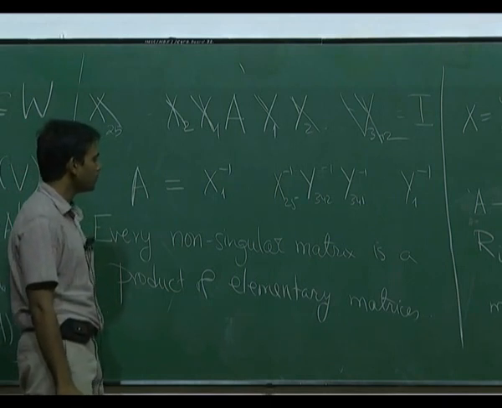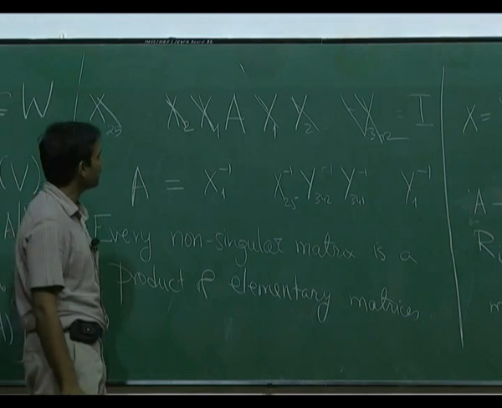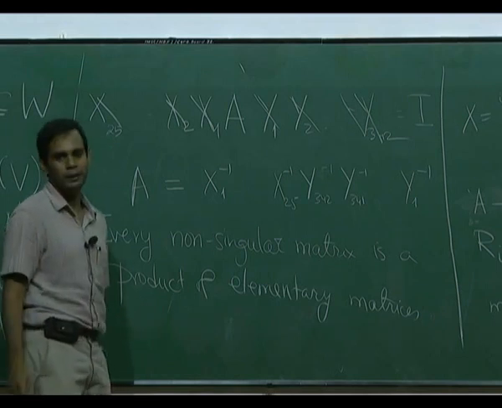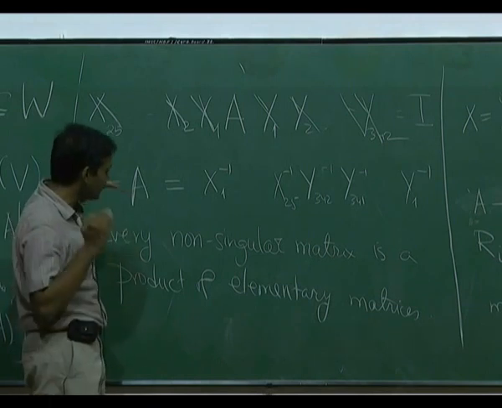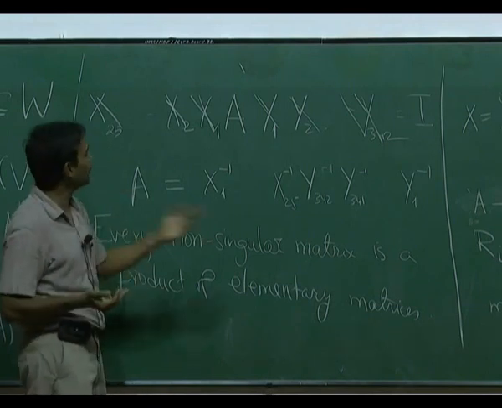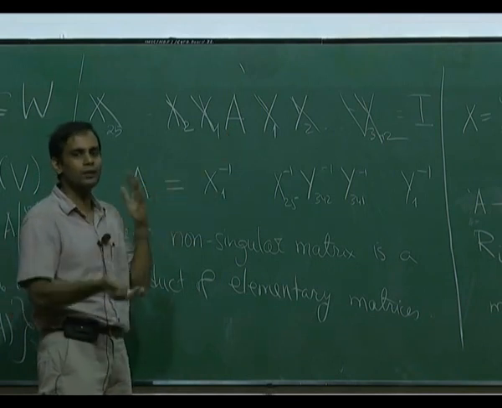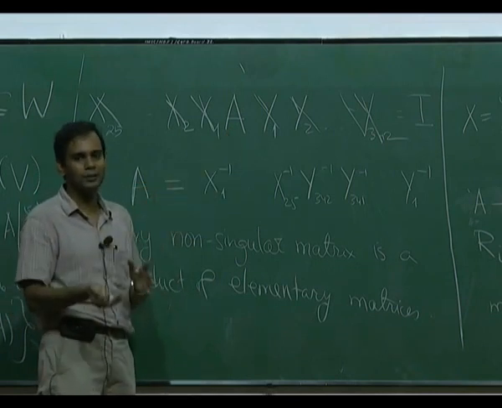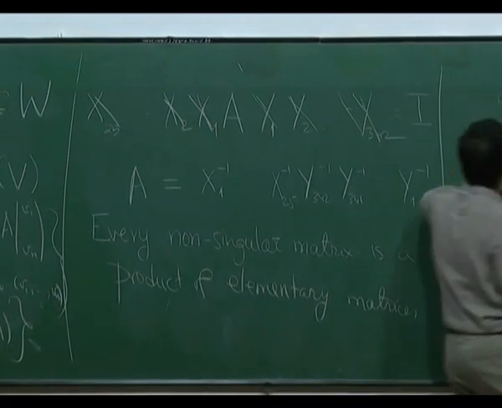Now, here is a small research problem for you to work on in the afternoon. Suppose you take a 2 by 2 matrix. Now, we know that you can write it as a product of elementary matrices. How do you find these elementary matrices? You start with your matrix and then do row and column operations and reduce it to the identity. Maybe I will do an example. So, let us start with a matrix.